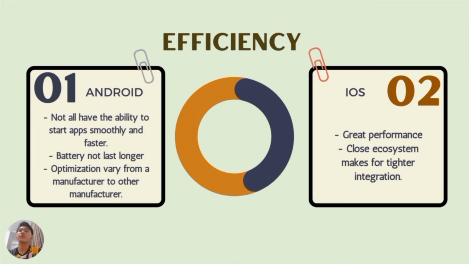Other than that, because of the tighter integration provided by Apple's closed ecosystem, iPhones don't require very strong specifications to compete with top-tier Android devices. Everything depends on how hardware and software are optimized. Apple can ensure that resources are used more efficiently since it oversees the whole production process.